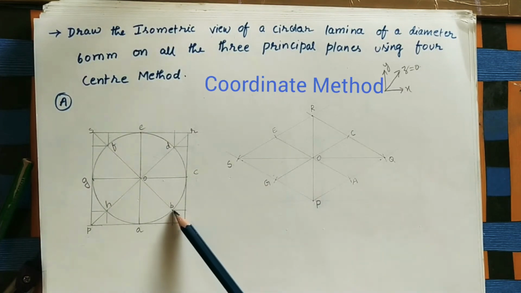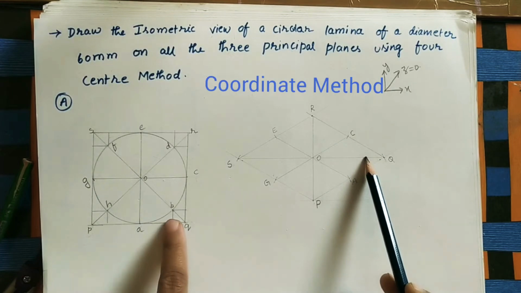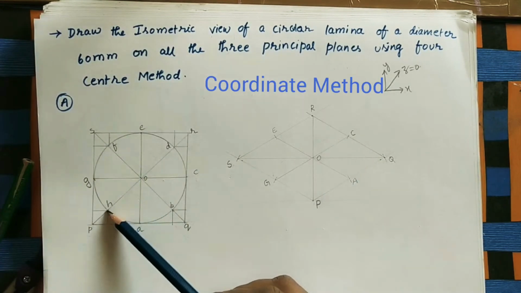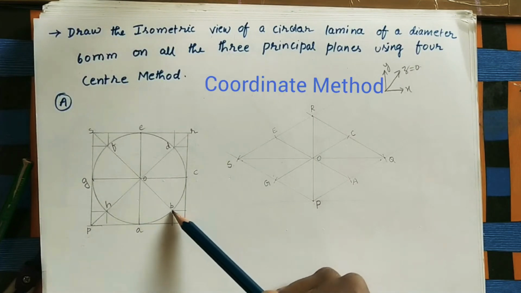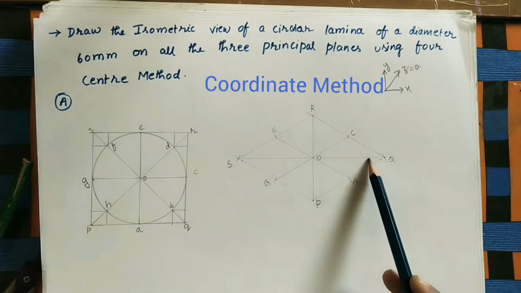How to mark B point? On QS line. This is a QS line. We need to mark the B point. Okay, similarly we need to mark D point. Similarly F and again H point. Okay, let us take, we will mark B point here on the QS. Now here we need to mark.